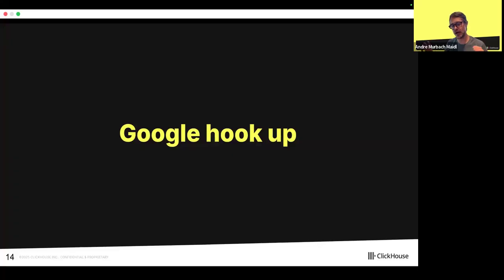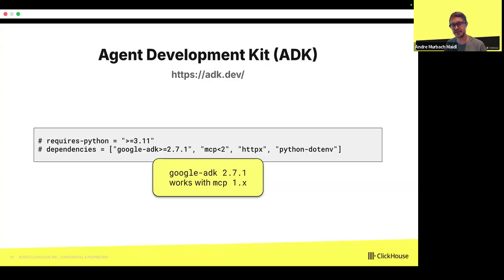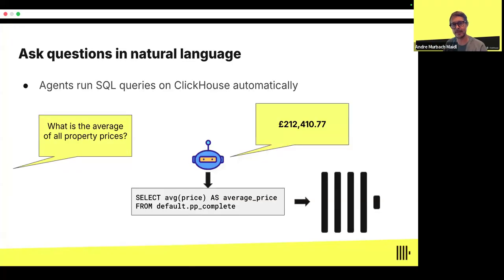But now, how can you actually connect the Google Gemini APIs with ClickHouse through the ClickHouse MCP server? Here I will demo one application that I was building to show you how you can type that question in a chatbot using Gemini and then get back that same answer that we see here.